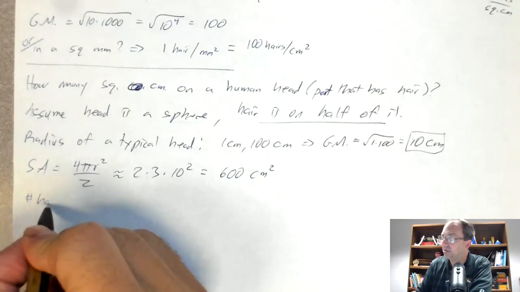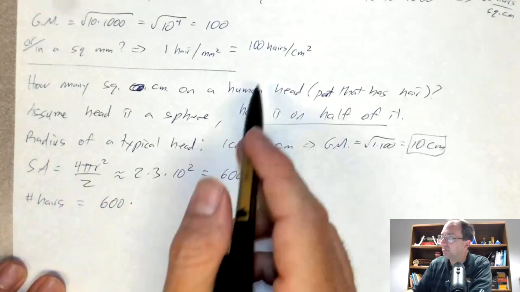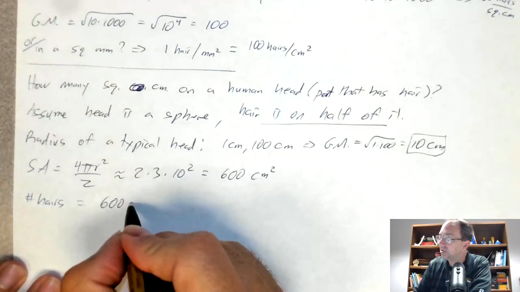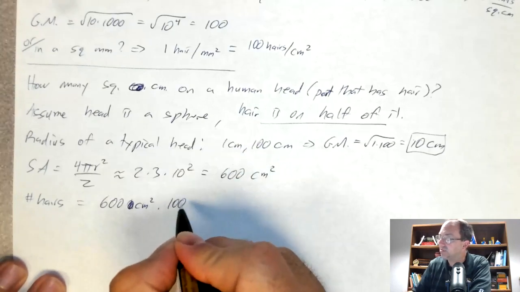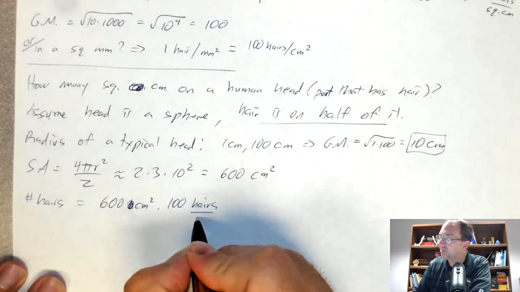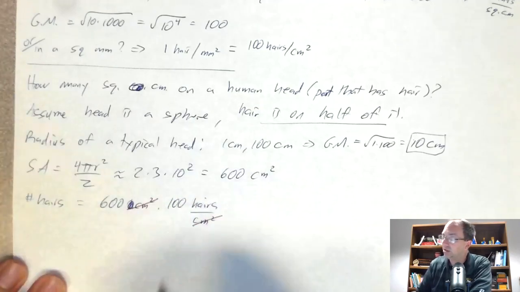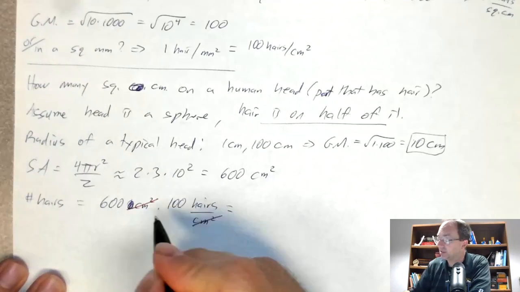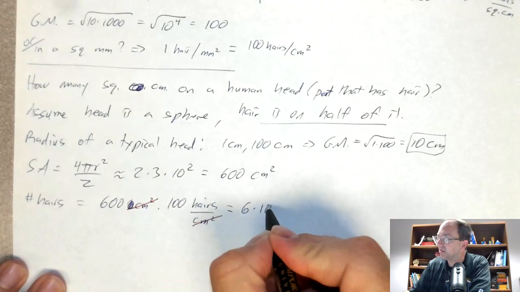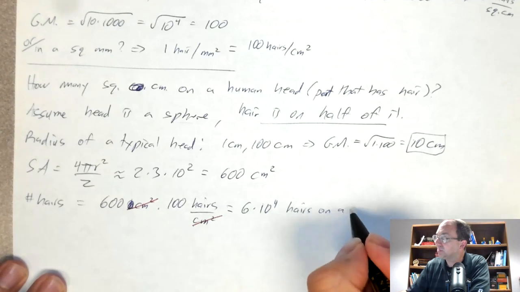And so the number of hairs is 600 times 100. Notice we can use the units. 600 square centimeters times 100 hairs per square centimeter, just to double check that we haven't made a mistake. Square centimeters cancels. We can use scientific notation to write this a little more simply, and we get 6 times 10 to the 4th hairs on a typical head,